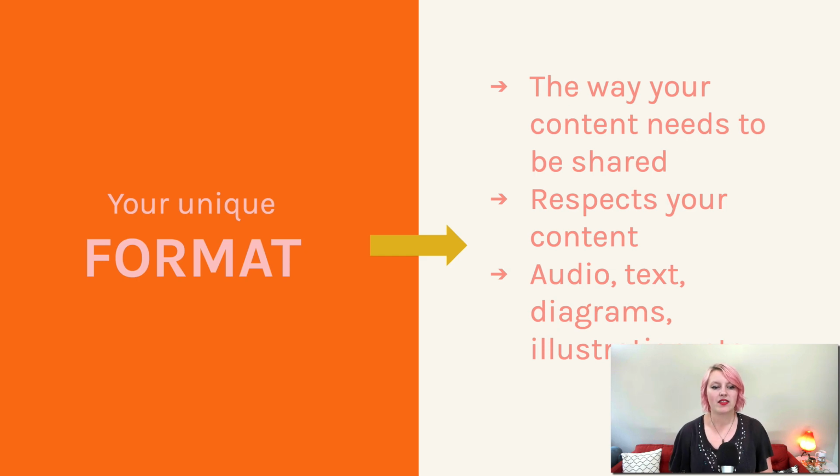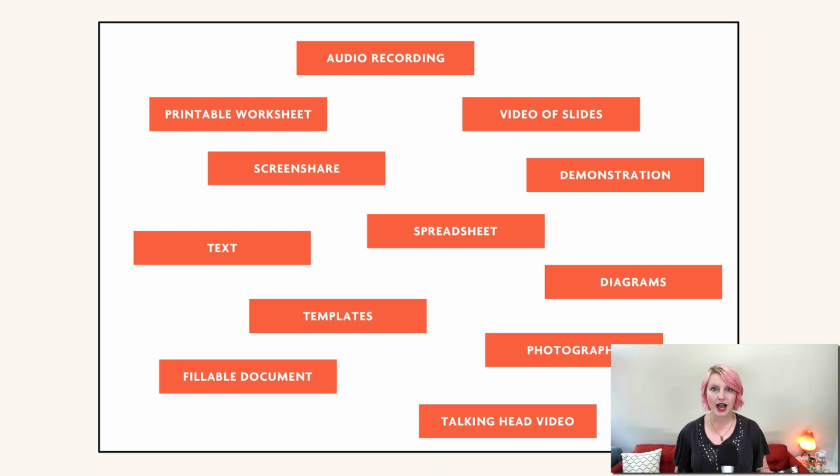Imagine that. And the other thing I want us to talk about is that when we're picking your actual format, your delivery and format, we can combine any combination of these. And even lesson to lesson, your topics and your formats might change. For example, you might have one lesson in your course that needs to be a video because you need to demonstrate something or you need to show a diagram and walk people through it.